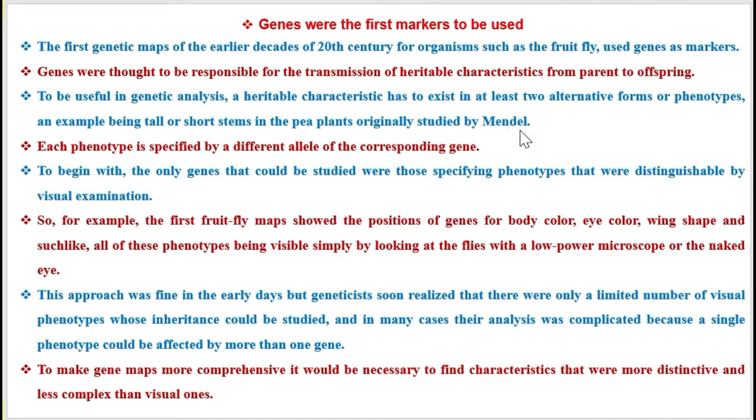So Mendel has shown that there are two alternative forms of an allele, like tall and dwarf, which is a plant height character. If there is capital T, that will give us the tall phenotype, and if there is capital T and small t, that will also give us the tall phenotype. So in the homozygous dominant type, it will give us the tall phenotype, and if it is heterozygous and the dominant gene is present, then also it will give us the tall phenotype. So phenotypic data was easily correlatable with genotypic data in the case of Mendel's experiments.